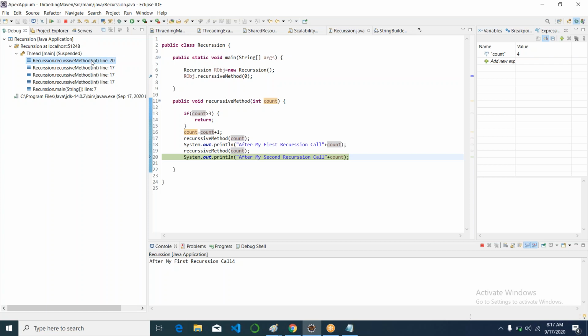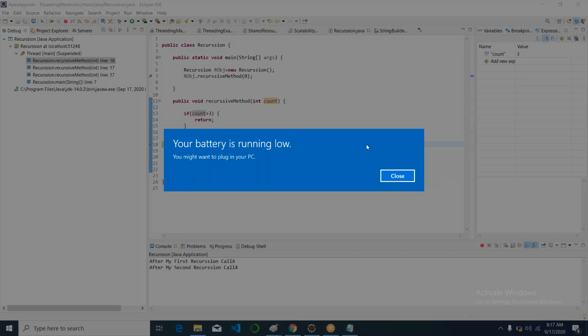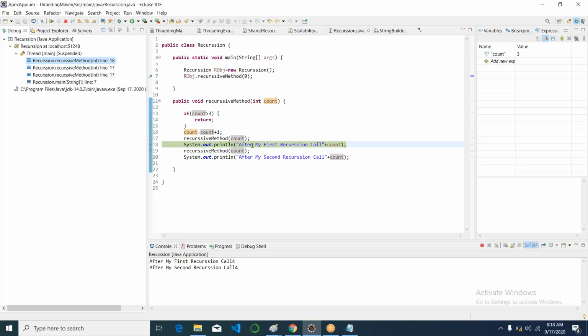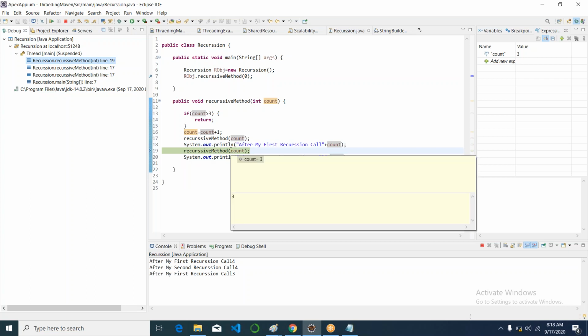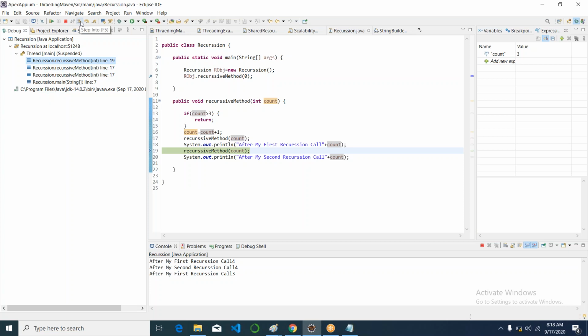And now the last line of this particular stack frame will be executed. So if I step over this, it called this particular recursive function, and now it will end up here, and this stack frame will be popped out. So I'm stepping over again. So now this stack frame's 18th line is called. If you hover this, count value will be 3, and now it is calling this recursive function again, and the value is 3, and now it will go to this recursive call, and another stack frame will be created,